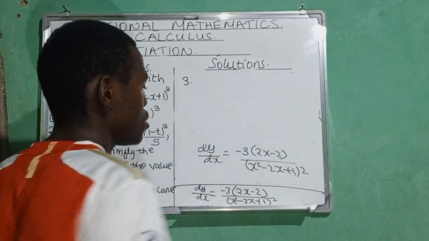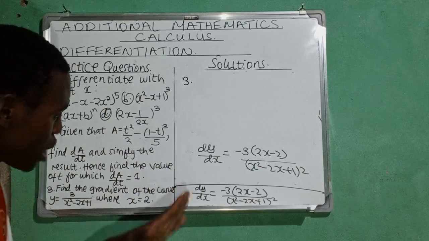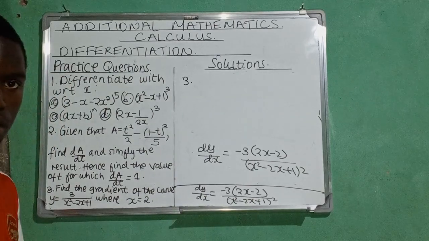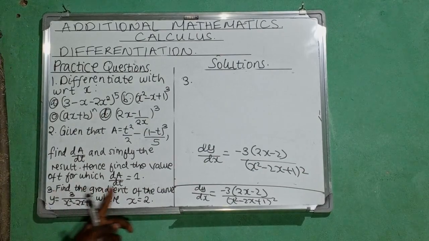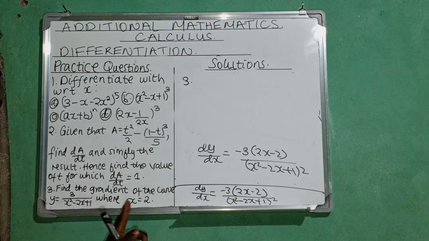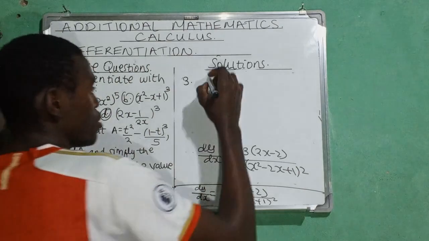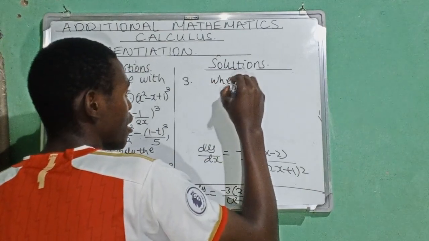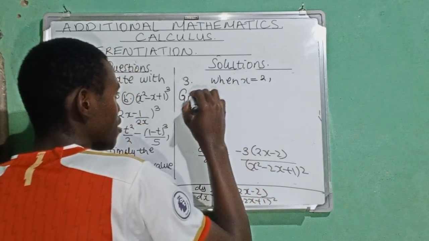Okay, so we can clean up and go back to the question. So this is your gradient function. dy dx is a function that helps you find the gradient. It's called your gradient function. And then they're saying find the gradient of the curve where x is equal to 2. So I'm going to say when x is equal to 2, gradient